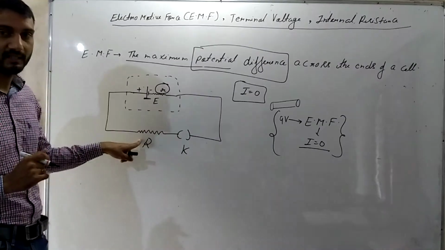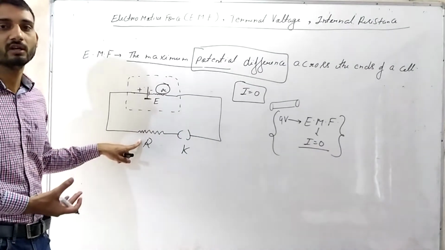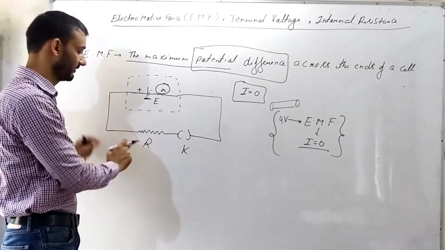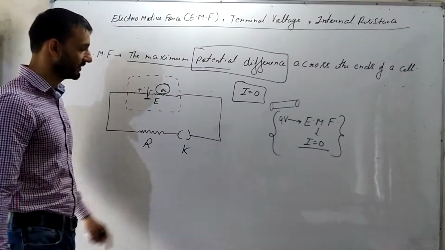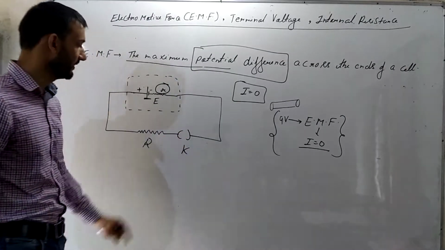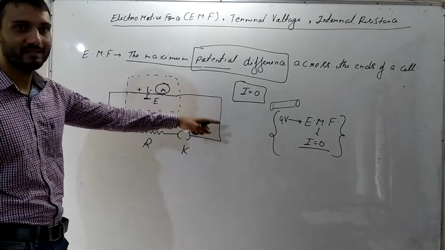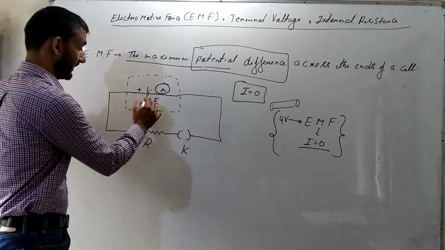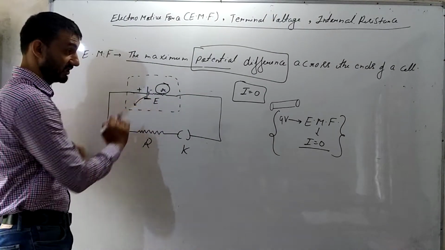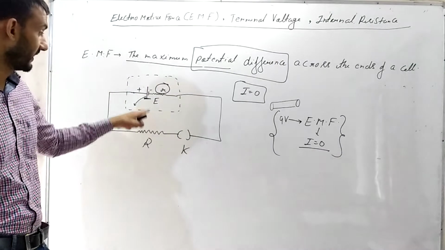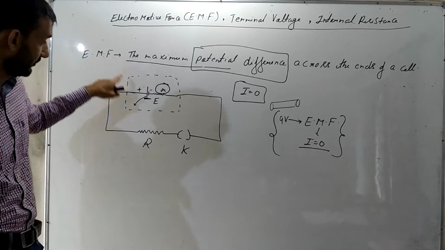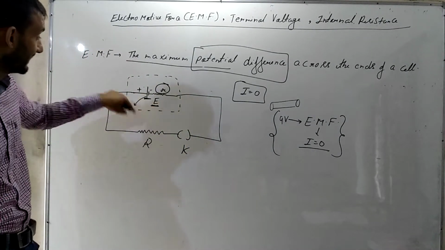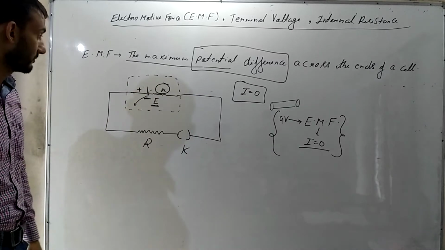Now this is the external resistance which we have applied, like a bulb, a fan, or anything we connect to the battery. Then there is the key. As you can see, the key is off, so there is no current flowing. If I ask you what the potential will be when there is no current through the cell, the potential is known as electromotive force, or EMF. That is why I have written it as E. I hope I made myself clear regarding internal resistance and electromotive force.